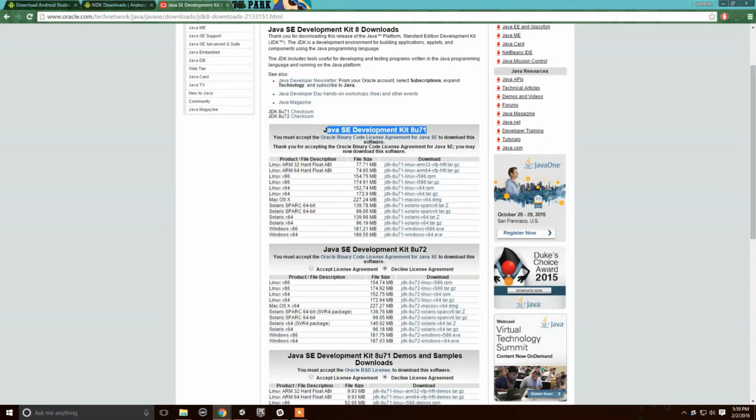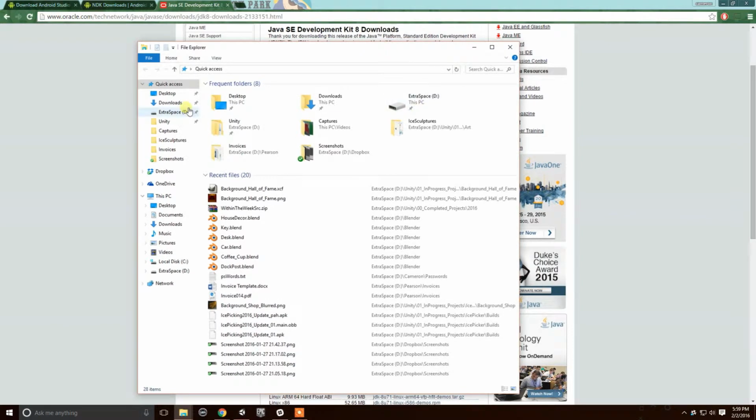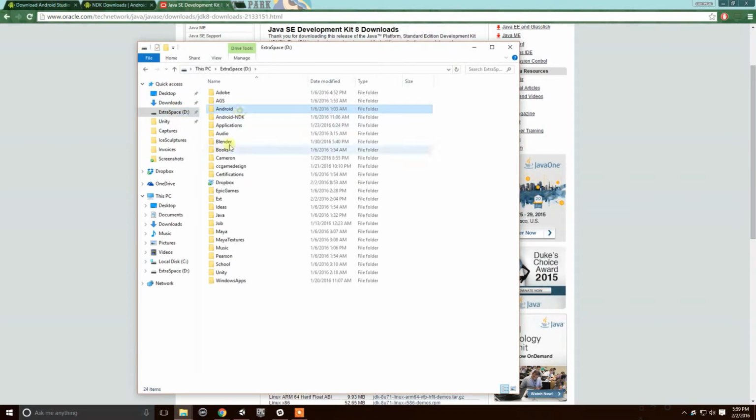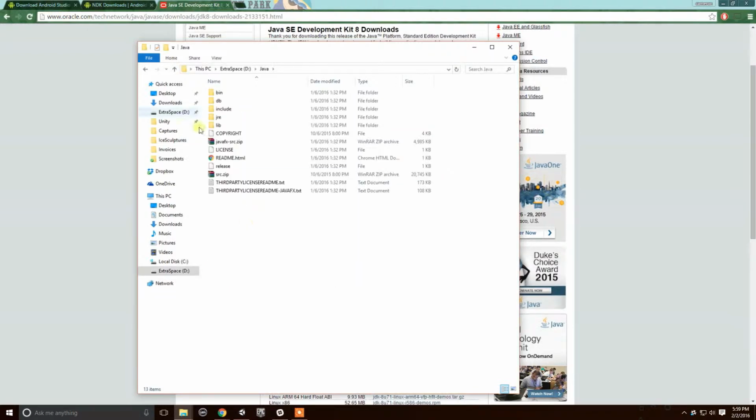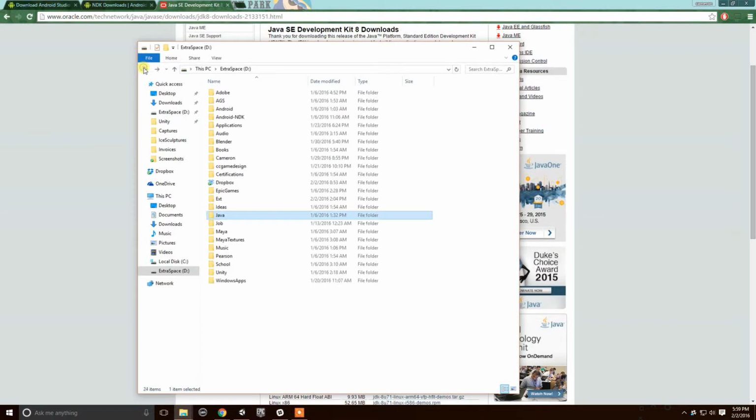Okay, and just like with, oh, what the? Can't put my window explorer over there. That's weird. There we go. So just like Android, I also got one for Android NDK, and I got one for Java. Okay, so once you get all three of those downloaded and installed somewhere that you can find, then what you'll